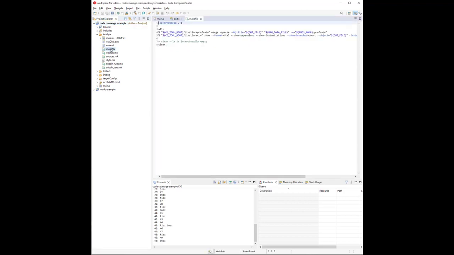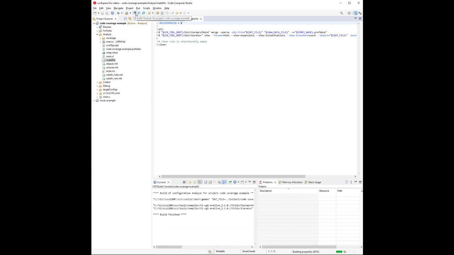There's a make file here. The changes related to this make file and everything, that's already all complete. That was all done in the previous video, if you want to know the details on that, but it's already done here. I want you to notice that the file index.html is not present. The directory coverage is not present. Those things are going to be created with the next step we run, and that step is to build the Analyze Build configuration. All right, which is pretty quick in this case.